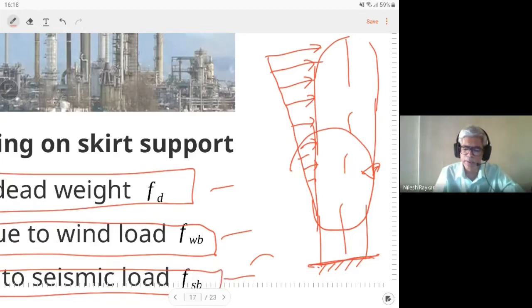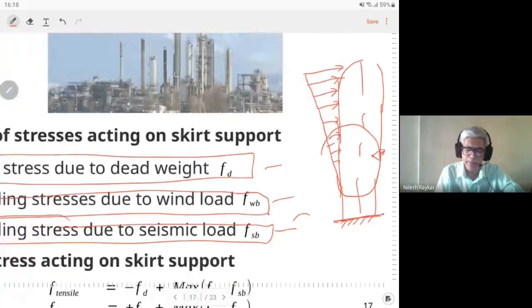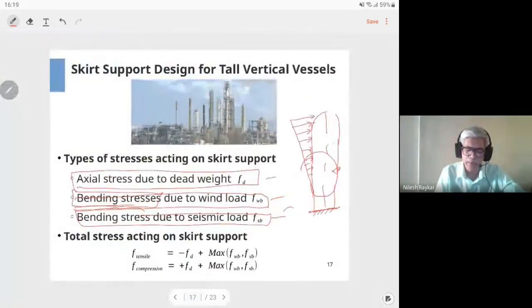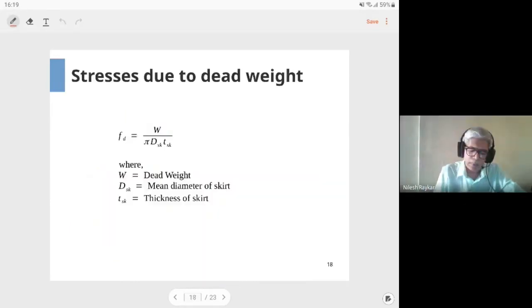In these calculations, essentially you are calculating the bending stress at the bottom of the skirt. And onto that, you are superimposing the compressive stress arising from the self weight of the equipment. That is what these bottom two formulae give. The net tensile stress will be the tensile stress because of bending, from which the compressive stress is to be subtracted, and the net compressive stress is the addition of the compressive stress due to the bending and due to the self weight.